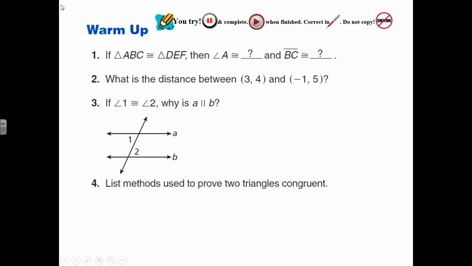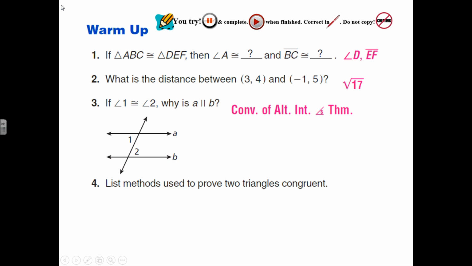Welcome back, students. With red pen in hand, let's correct your work. Are those two triangles congruent? In number 1, the answers in your blanks should be angle B and EF. Number 2, the distance is root 17. Number 3,